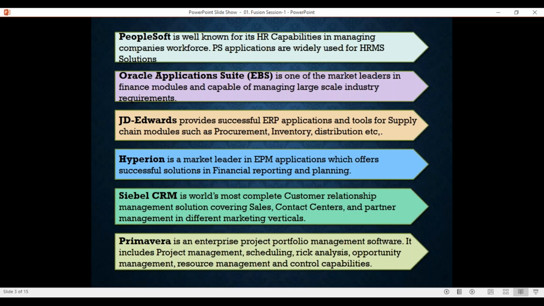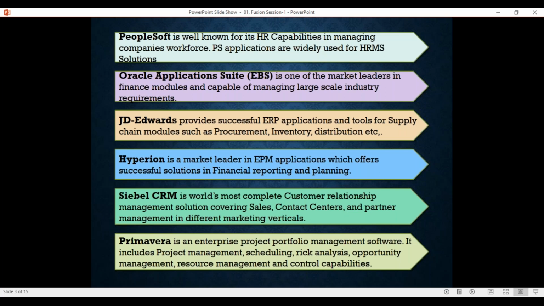for a long time. This is not a very new tool in the market. You would have heard of this one if you're in IT. And Hyperion is one of the major successful reporting tools, especially in the area of finance. Hyperion is well known for financial reporting across different domains and different areas of the business. And Primavera is one of the successful tools in the market for its solution ability in the area of project